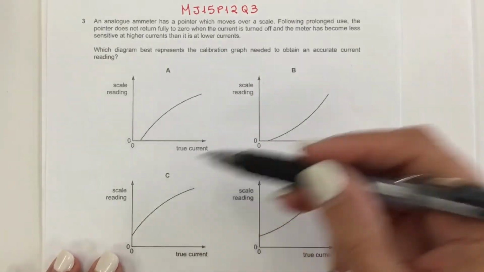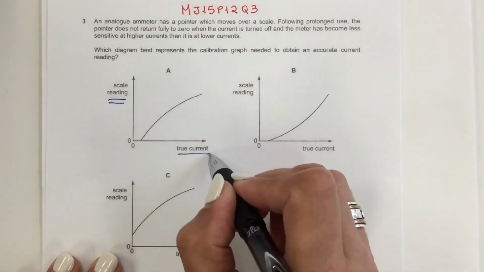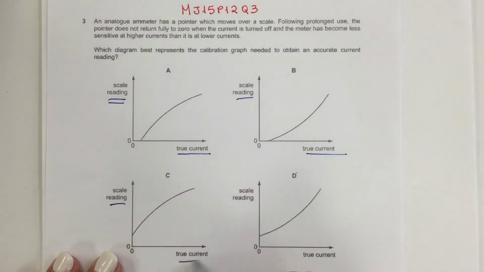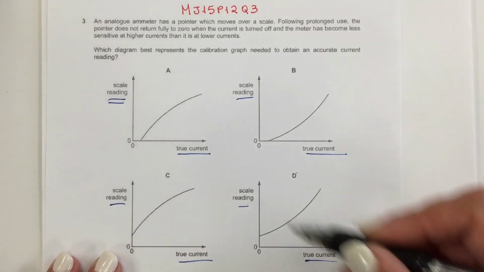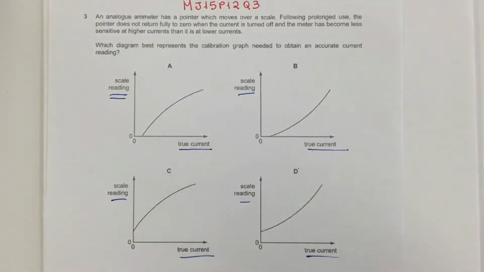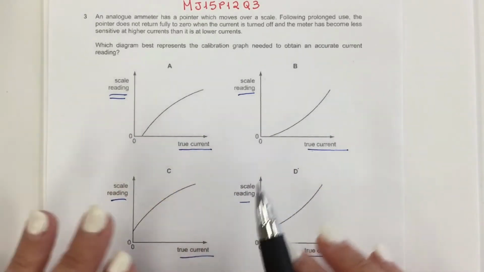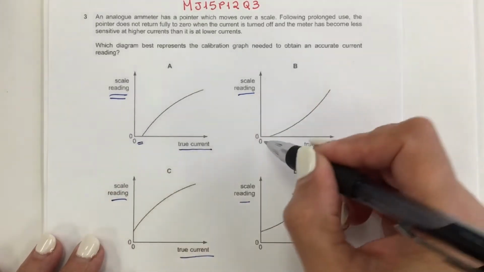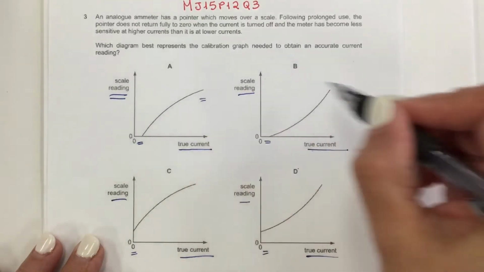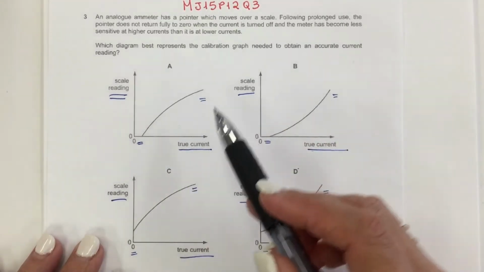All 4 graphs are the scale reading over the true current, which means the current that is flowing in a circuit. These graphs slightly differ from each other at the beginning and at the end, so we are going to take a look at what happened in the beginning and the end